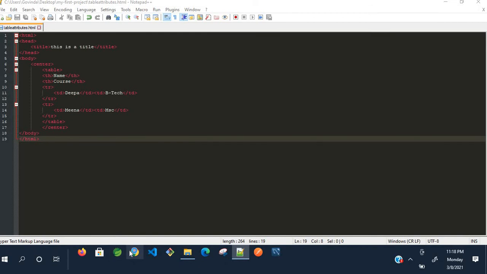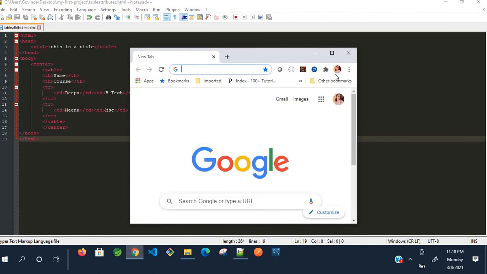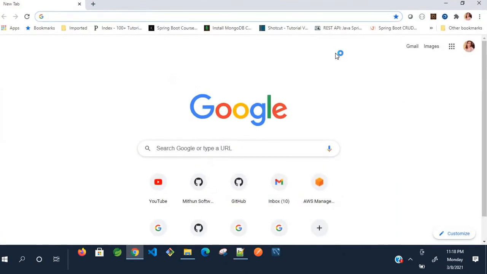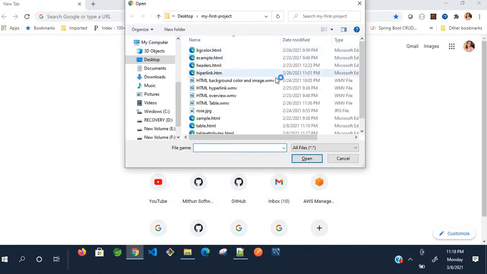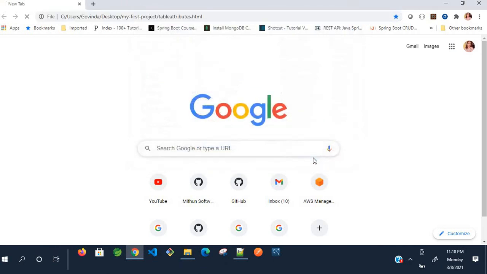Go to a browser. Open your file. What I have given, table attributes, this one. Just select it. Open it.